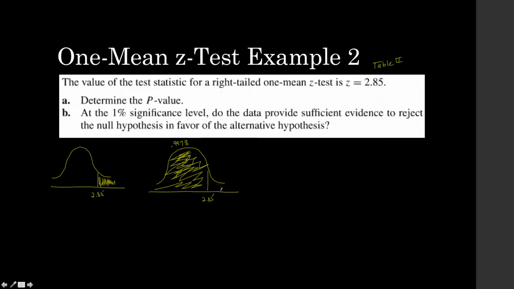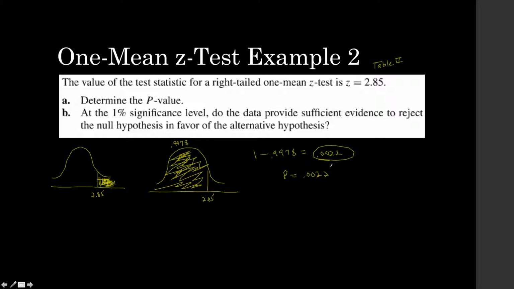We're trying to find this area to the right, not the area to the left, because remember, table 2 is based on the area to the left. So remember, the whole area underneath the normal curve is 1. So we have to subtract 0.9978 from 1. And when you do that, you get 0.0022. This is the area to the right here that we're looking for. So our p-value is